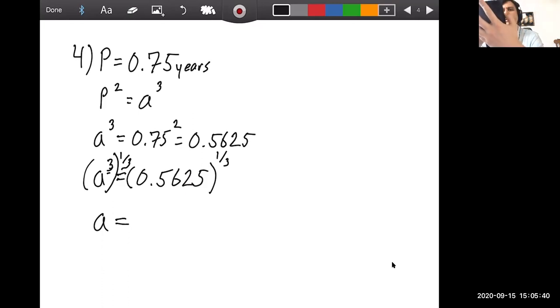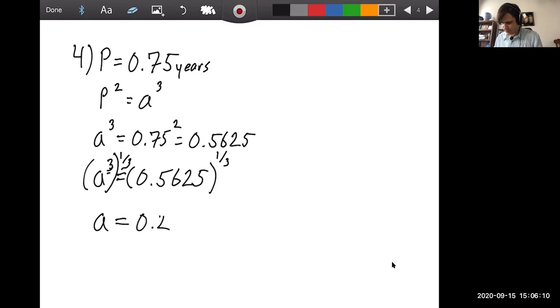And I see I have a mistake. I put an extra digit in. Sorry about that. Always good to look at your calculator before you hit enter. So 0.5625, raise that to the 1/3 power. Gives me